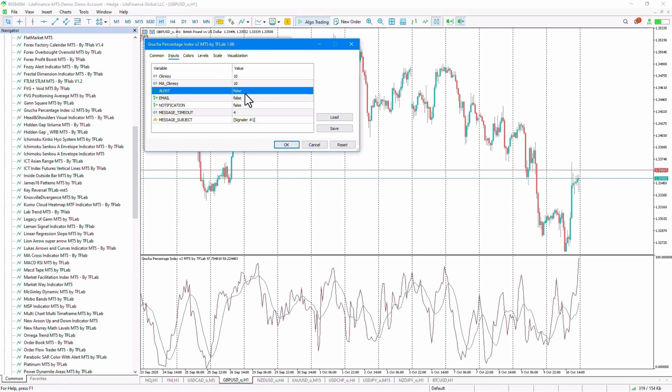In input 2, we can specify the calculation period for the moving average. In the next section, we can enable or disable the alert for when the two oscillator lines cross. By default, this option is disabled, and if it is set to false, the following options will not be functional. However, if the alert option is set to true, alerts will be issued for crossovers, and in the next input,